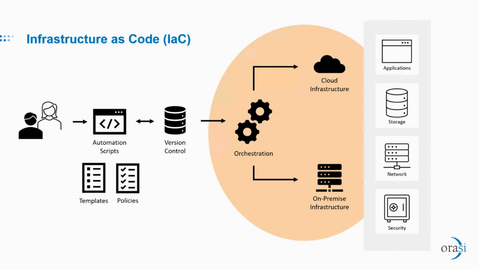Now, as development, as IT, we've been building scripts for a long time. I mean, since the first line of code was written, somebody tried to figure out some way to automate the process. So, we've been doing a lot of that kind of automation work for a long time. But what's new now with infrastructure as code is this orchestration layer in the bubble there. That orchestration layer is a set of tools and techniques that take those scripts and intelligently apply them to the